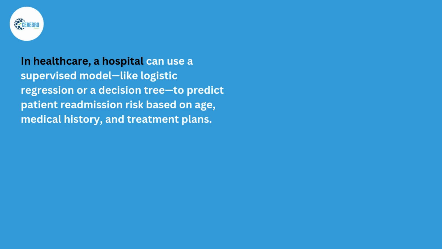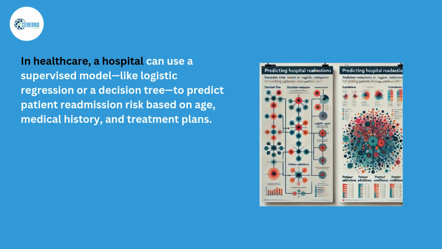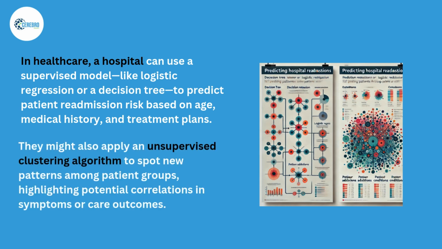In healthcare, a hospital can use a supervised model, like logistic regression or a decision tree, to predict patient readmission risk based on age, medical history, and treatment plans. They might also apply an unsupervised clustering algorithm to spot new patterns among patient groups, highlighting potential correlations in symptoms